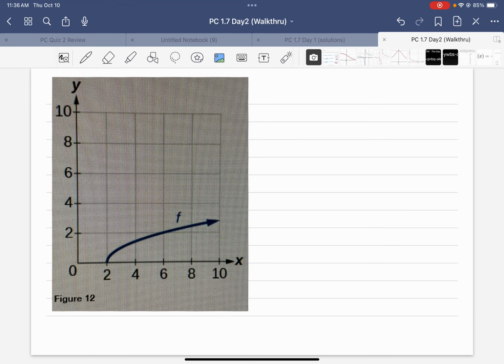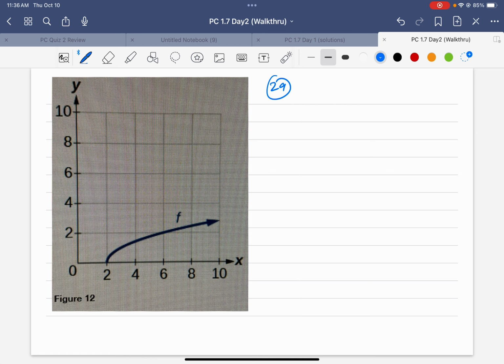We're doing 1.7, day 2. We're going to start with number 29. So if we are doing number 29, give me just 1 second. I'm going to put this over here. If I'm doing number 29, the first thing it asks me to do is sketch the